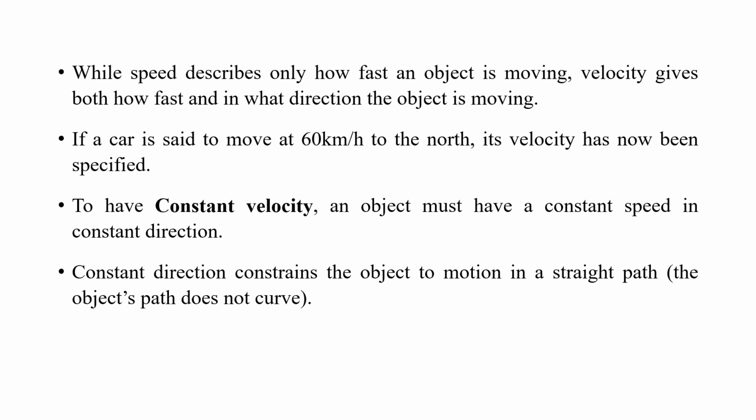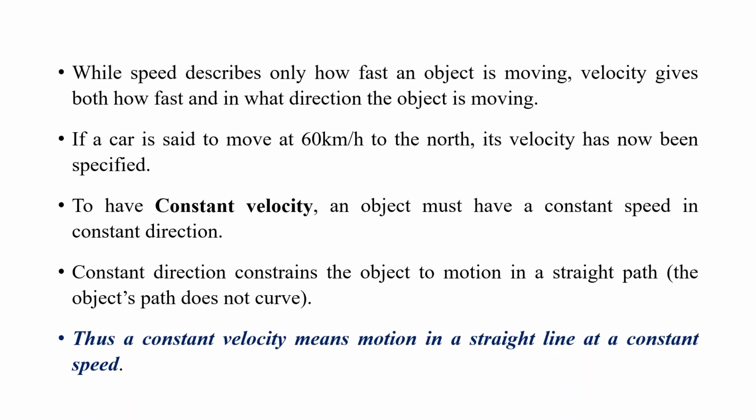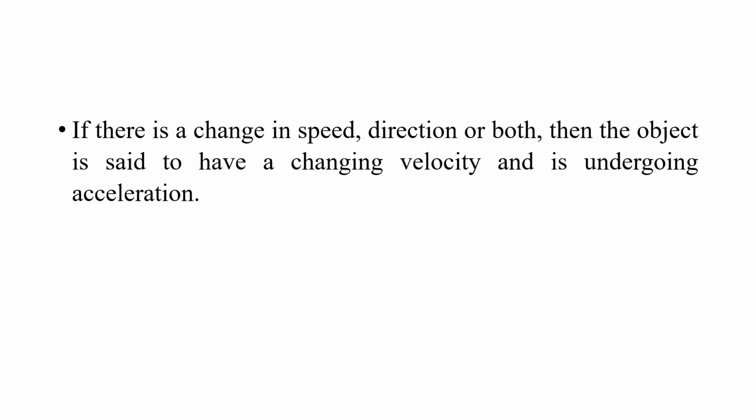Constant direction constrains the object to motion in a straight path. The object's path does not curve. Thus a constant velocity means motion in a straight line at a constant speed. If there is a change in speed, direction, or both, then the object is said to have a changing velocity